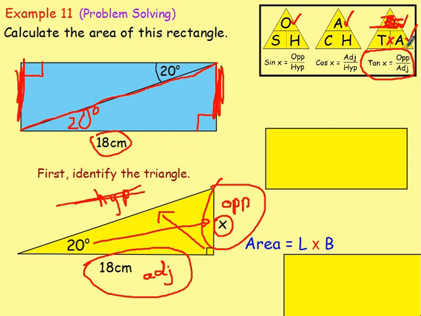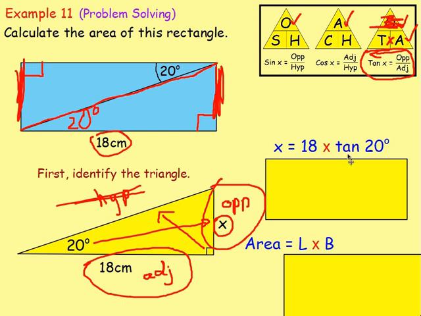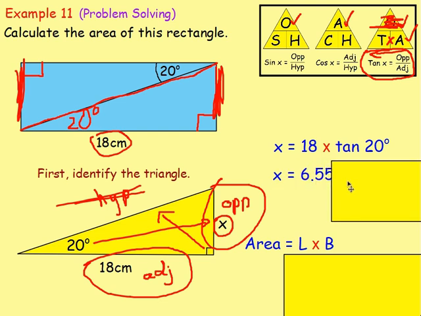And because we're left with T and A, we can multiply them together. Remember, though, do it in reverse order. So it's the adjacent times tan. So we've got X equals the adjacent, which is 18, times tan of the angle, so it's tan 20. Put that in the calculator. Bam, bam, bam, bam, bam, and you get